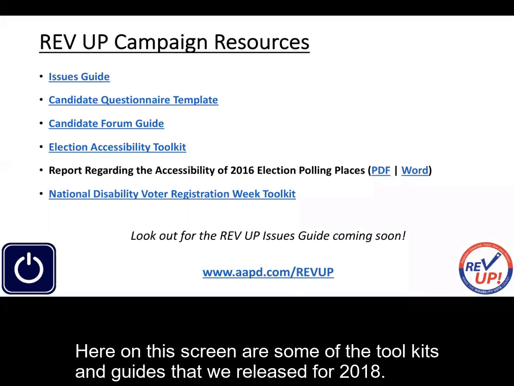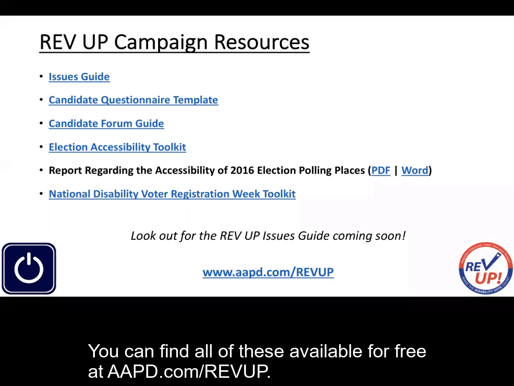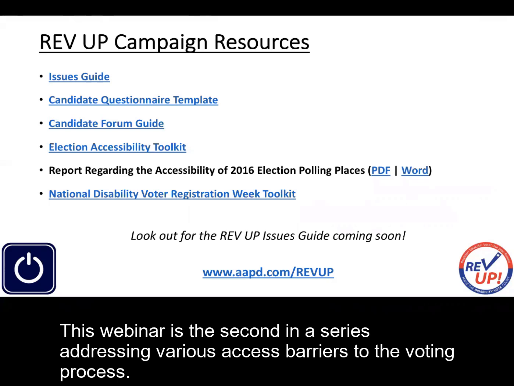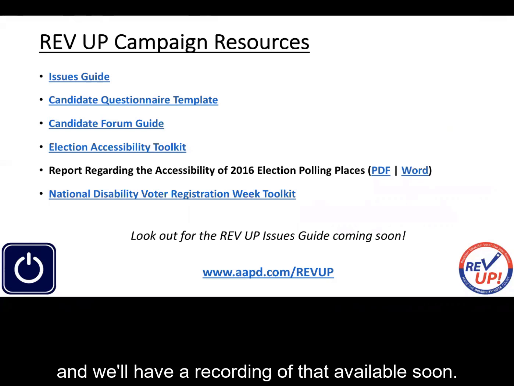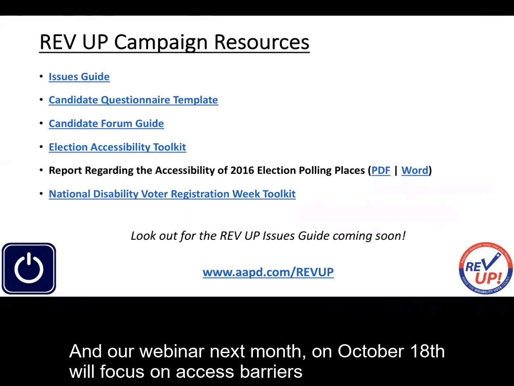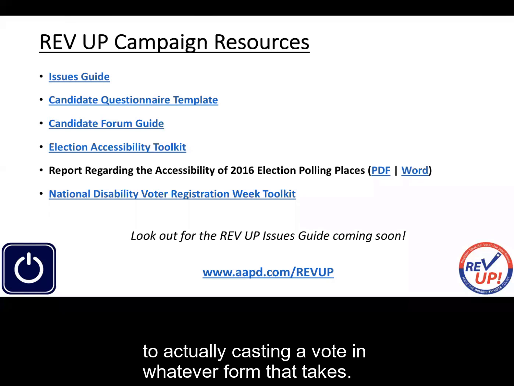Here on this screen are some of the toolkits and guides that we released for 2018. You can find all of these available for free at aapd.com/RevUp. This webinar is the second in a series addressing various access barriers to the voting process. Our first webinar last month focused on voter registration, and we'll have a recording of that available soon. And our webinar next month on October 18th will focus on access barriers to actually casting a vote in whatever